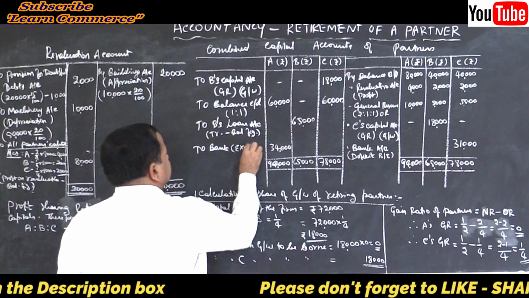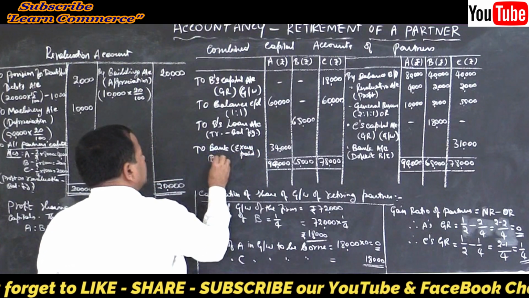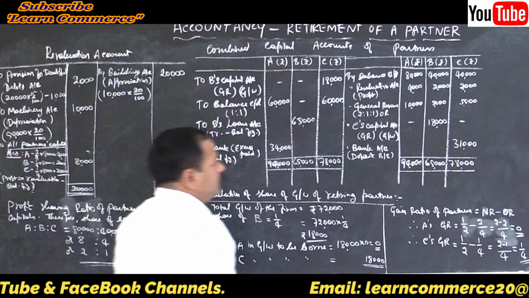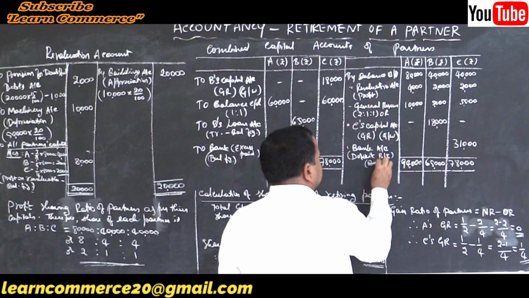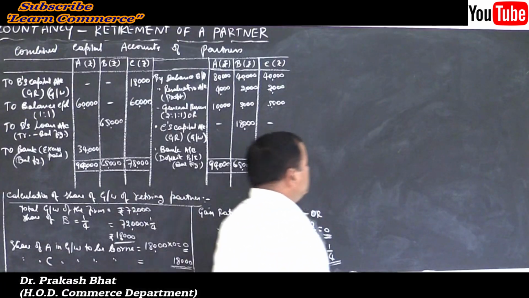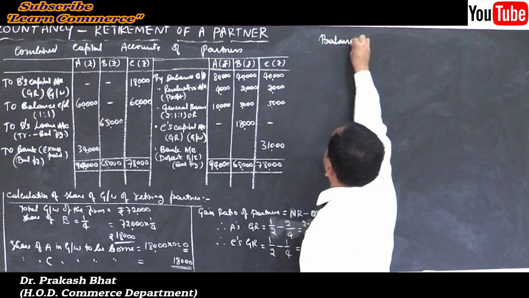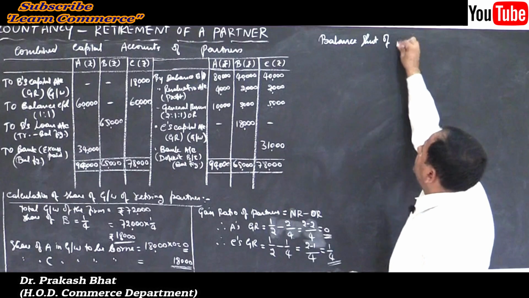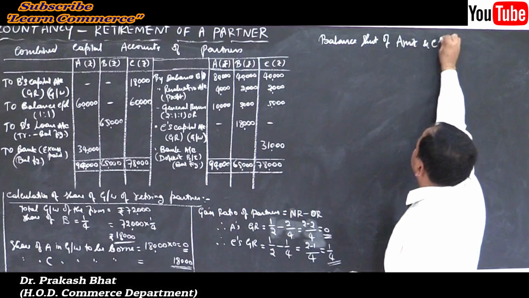Excess paid. This is the balancing figure. That's what you have to do. Here also it is a deficit brought in, balancing figure. That's all. Move on to the last part, balance sheet of Amit and Chandru